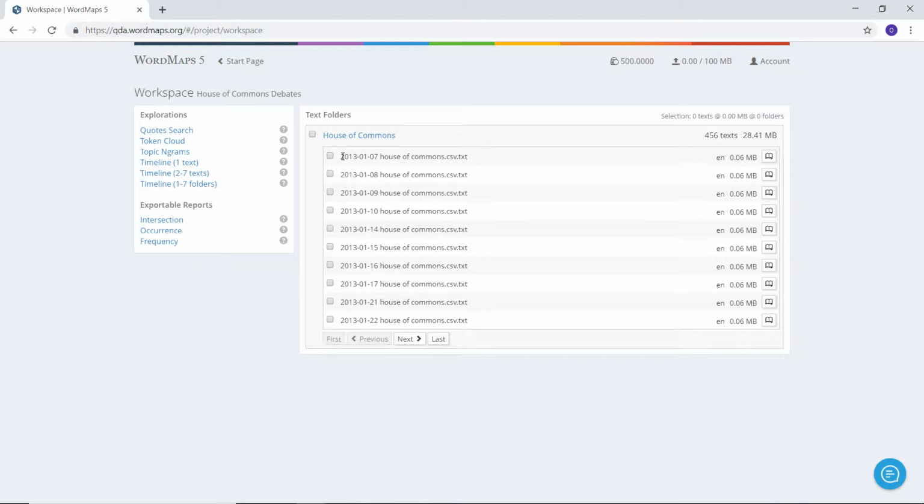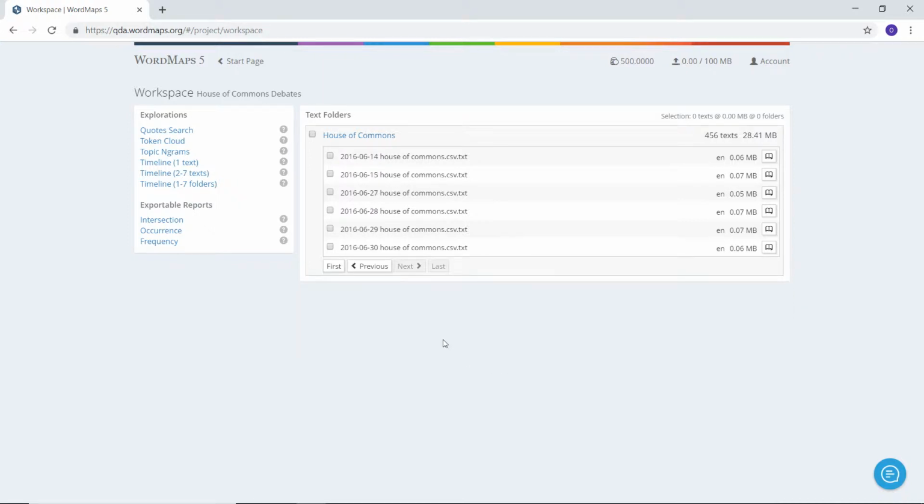See, for example, here that the first text is from 2013, the 7th of January, and we can go down to the last text, which is 2016, 30th of June. So that's just a few days after the actual British referendum, the so-called Brexit referendum. We're going to select all the text now, and we'll choose our report down here, the intersection analysis,